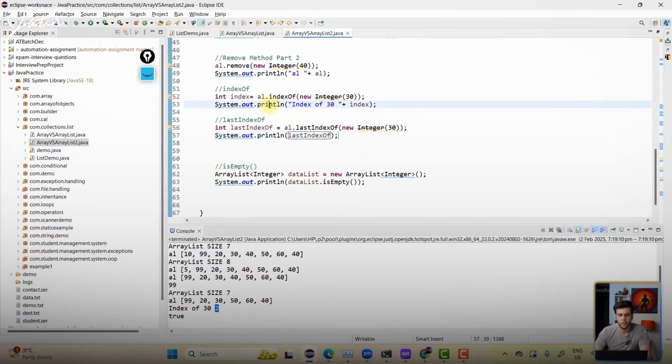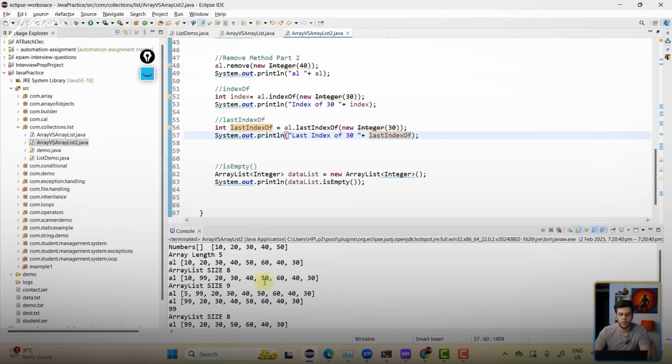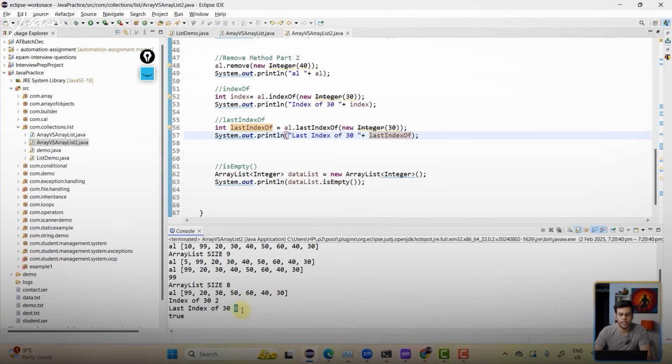So let me print the message correctly. I'm going to say lastIndexOf, and also I want to print the lastIndexOf variable. Let's click here and I should see the last index of 30, which is 6. 0, 1, 2, 3, 4, 5, 6. Pretty simple, pretty straightforward, right?